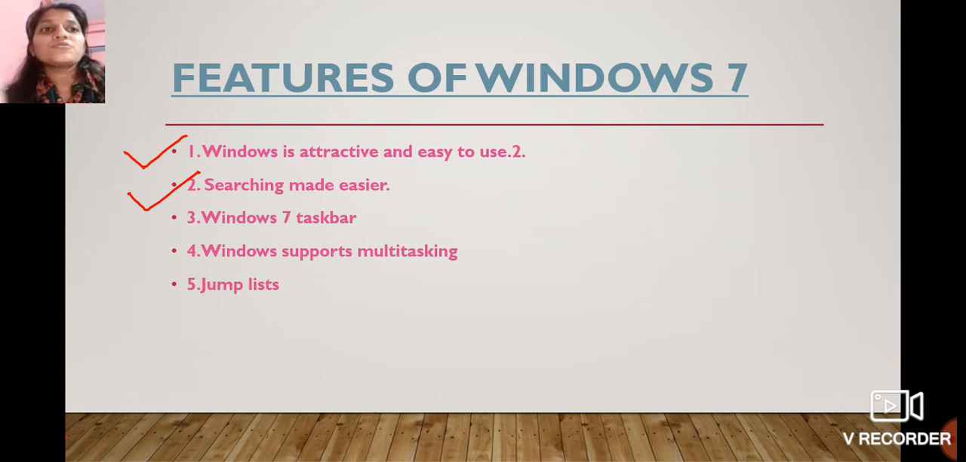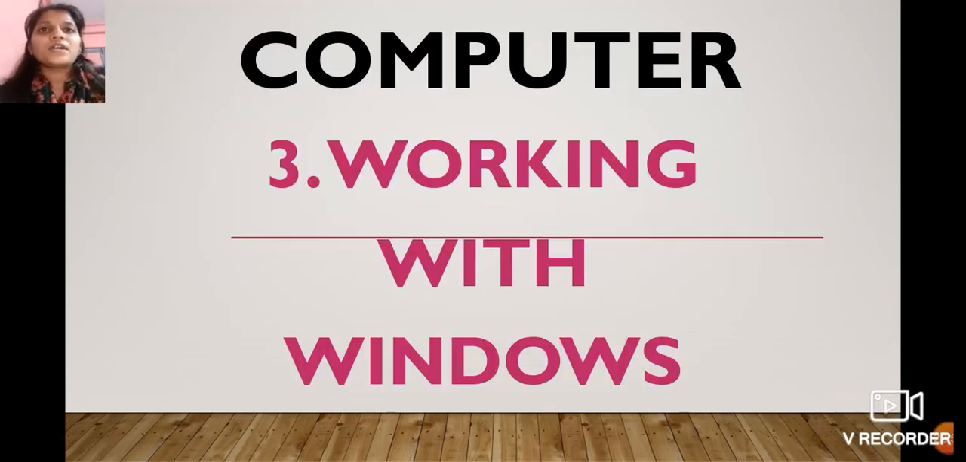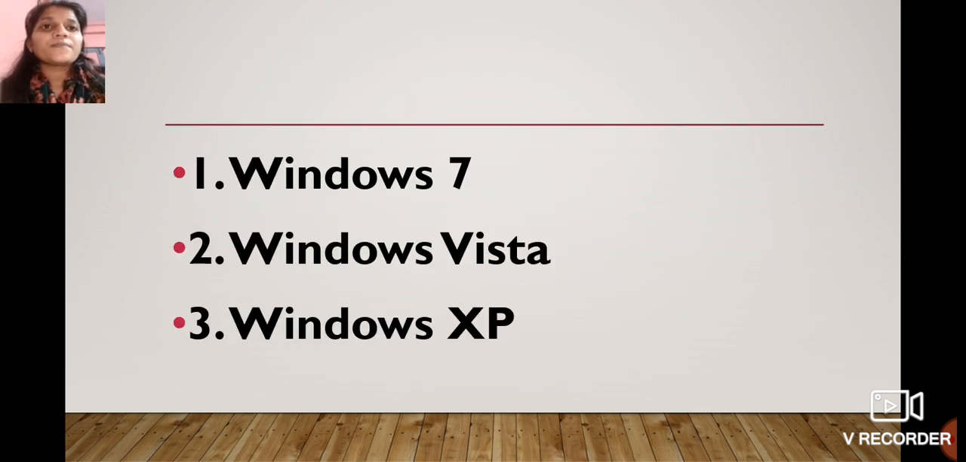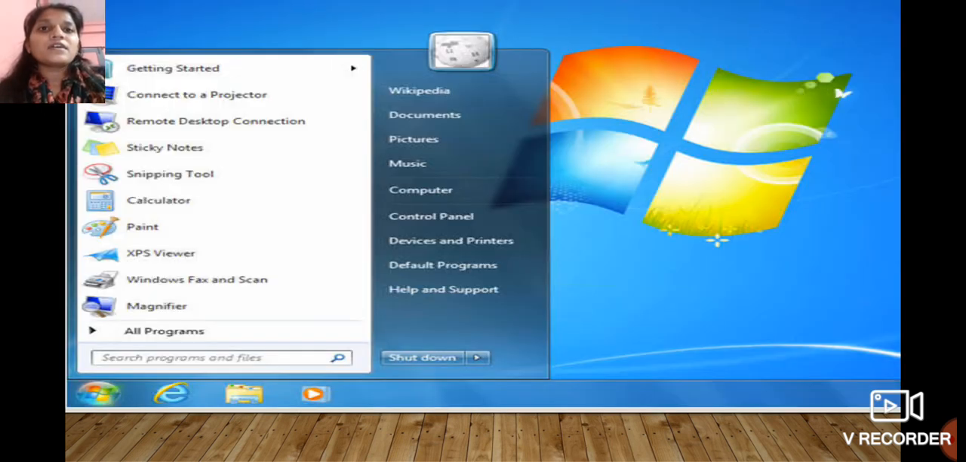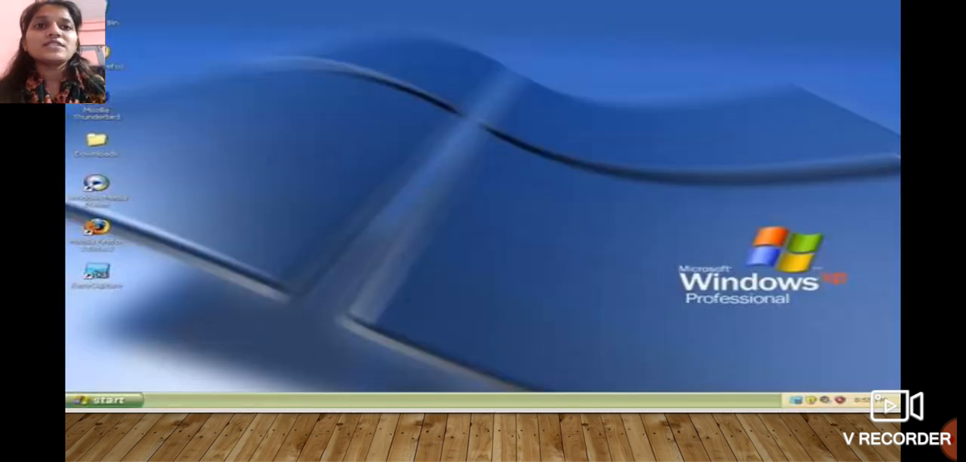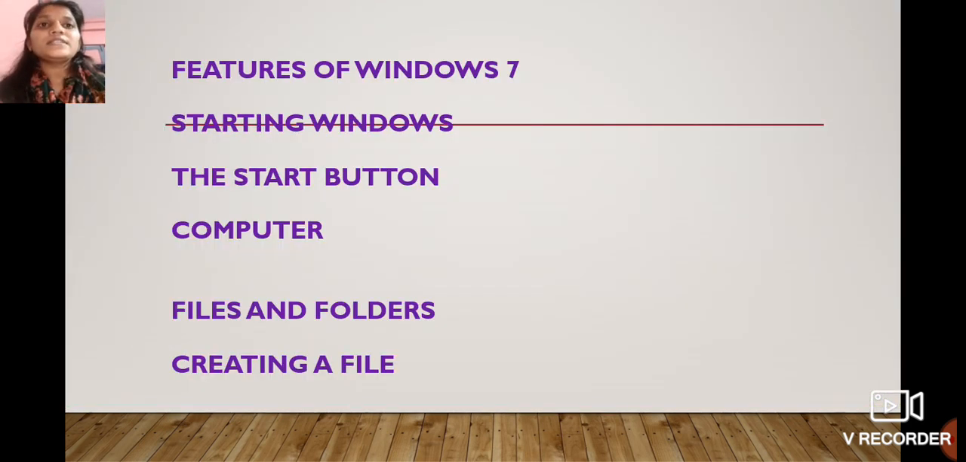Okay, so now students, we are just going to see the third lesson in short, that what we have learned in the third lesson, that is working with Windows. Okay, so let's have a look. So here you can see that we have seen Windows 7, Windows Vista, Windows XP. After that, the images of the same we have seen. Then these points we have covered, that is features of Windows 7, starting Windows, the start button,